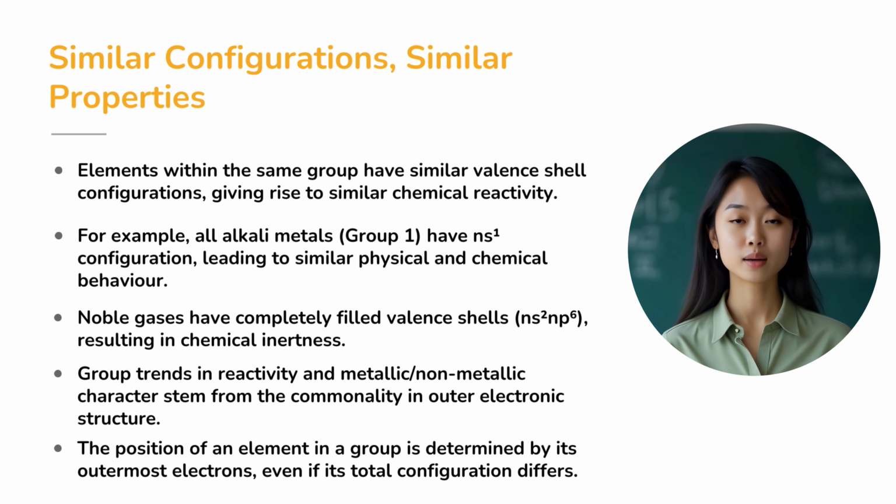On the other hand, noble gases have a filled outer shell, typically ns2 np6, making them stable and unreactive. So, we can say that the properties of elements in a group repeat periodically because their valence shell structures are the same. This idea of grouping based on electron configuration is why elements in a group tend to form ions of the same charge, participate in similar reactions, and often have predictable compounds. Simply put, the periodic table is a roadmap of recurring electronic patterns.